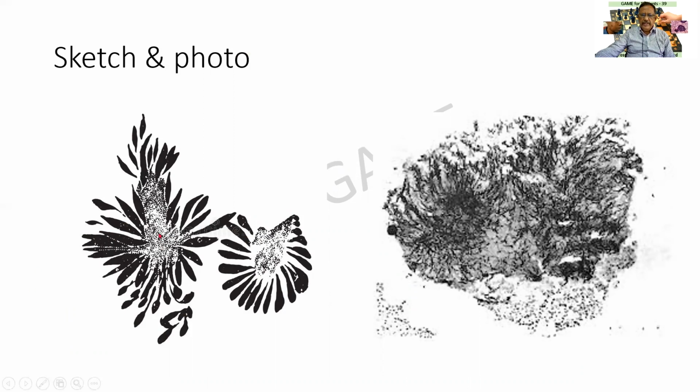So, there is a lesion in which there is a tangled mass of hyphae, and towards the periphery, I am able to identify the individual hyphus. It is a beautiful sketch which you people can have in mind. Also look at this picture, a black and white in which I can see a very delicate but entangled mass of filaments.